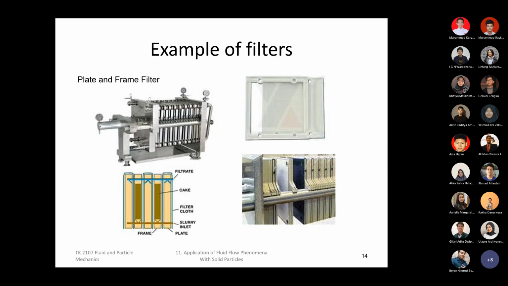Okay, let's see what's next. Here I have a couple of examples of a filter. Not only membrane, but we also have different types of filters in chemical engineering. I think we have this kind of filtration in chemical engineering in LabTech 10. The first one is called a plate and frame filtration. Why is it called a plate and frame? It must consist of plate and the frame itself. But I think you will understand better when you look at the video that I will play.